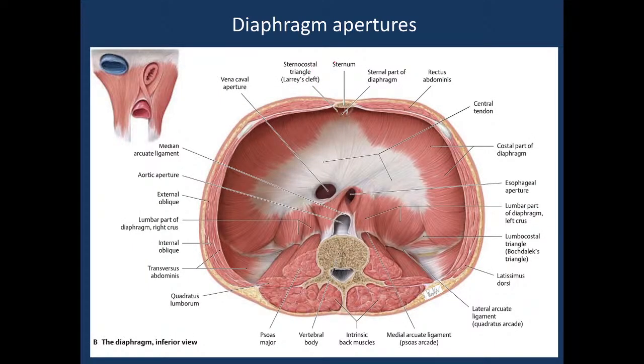As you see, diaphragm has the central tendon. It is a white part because there are no muscular fibers here, but also there is the